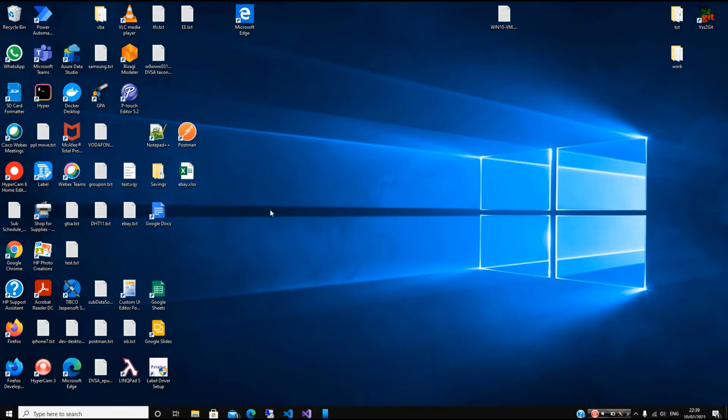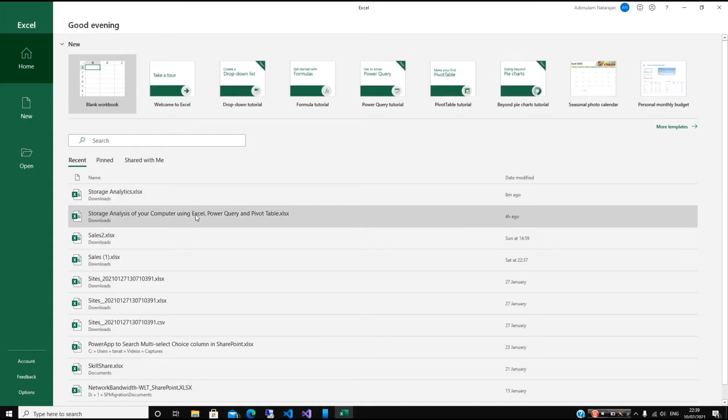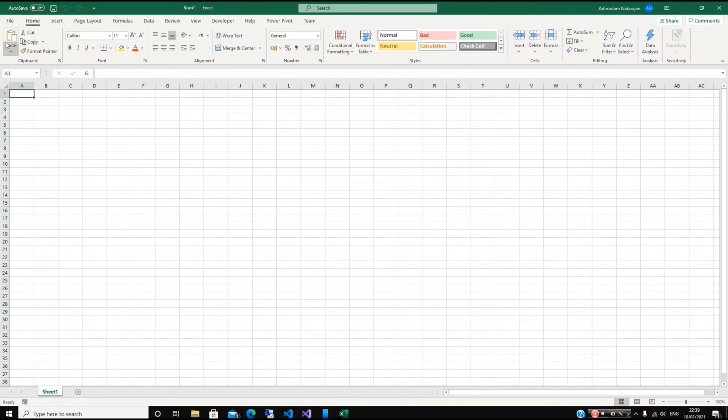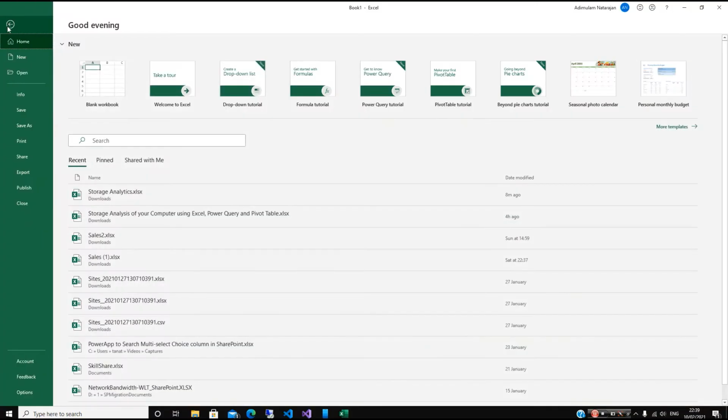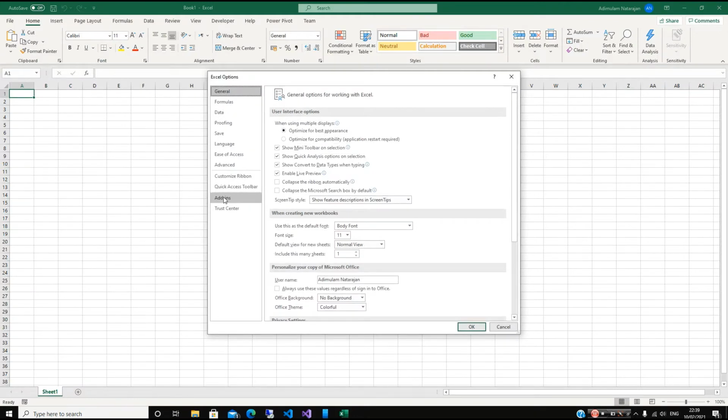On the storage analytics. I am using my Windows 10 PC, so I have installed Excel, Office 365. So I am going to start a blank workbook, right? So as I said, to check the add-ins, you go here, go to add-ins,